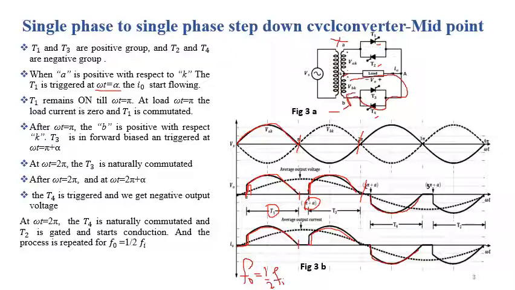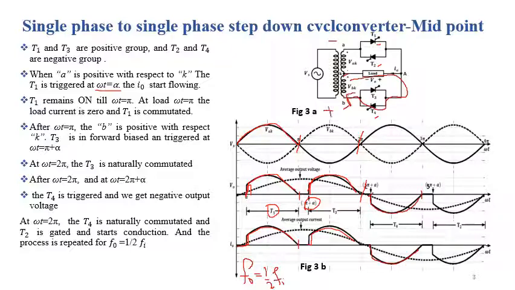This means T1 is conducting from alpha to pi, T3 is conducting from pi plus alpha to 2 pi, and T4 is conducting from 2 pi plus alpha to 3 pi. So at omega t equal to 3 pi, the polarity at the input side again changes, and we are getting